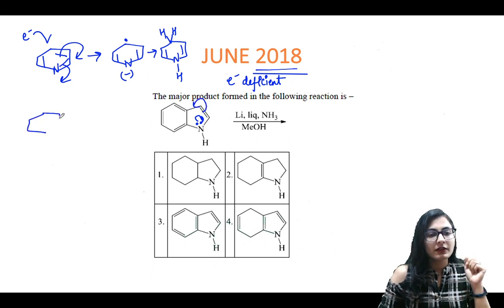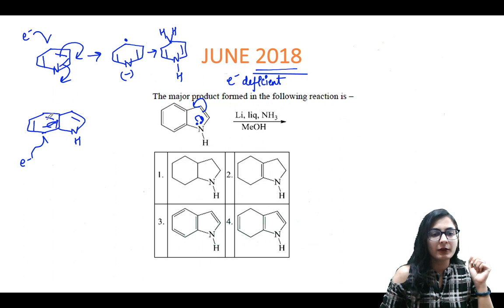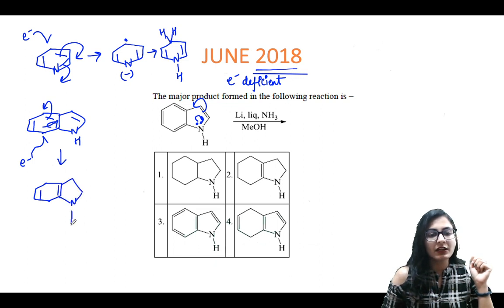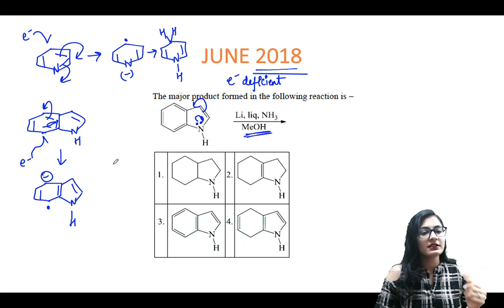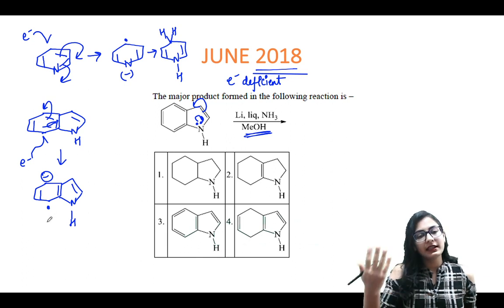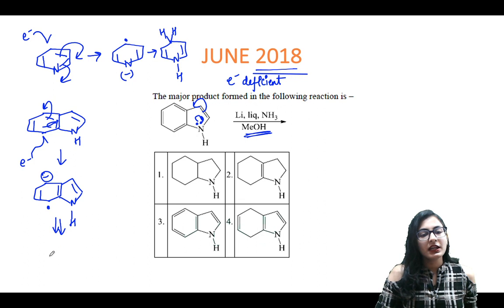So what we are going to do is transfer the electron away from the pyrrole ring. Okay, just like this, we are going to transfer the electron away from the pyrrole ring into the benzene ring, and this is what you have. The aromaticity of the pyrrole ring is intact, no issues at all. It is going to be like this. It's going to take up a proton from the methanol which is present. Okay, and one more electron can be transferred by lithium in liquid ammonia, and then again the same step. So I'm just writing the final product, which is going to be something like this.